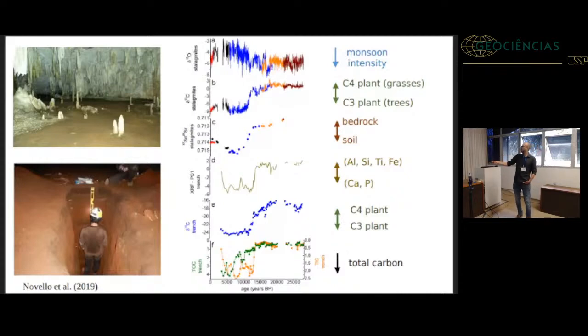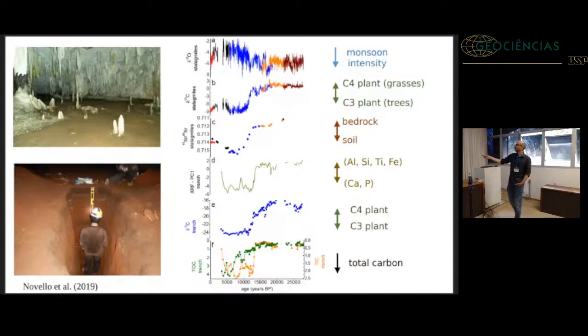And related to that, we also see the organic compounds increase when we go closer to the ocean, as we can see here, okay? And when we look at strontium, which reflects more contribution from the bedrock or more contribution from the soil, we see more contribution from the bedrock during the glacial time, and more contribution from the soil during the Holocene, which also indicates that we probably had much less soil in the glacial period,